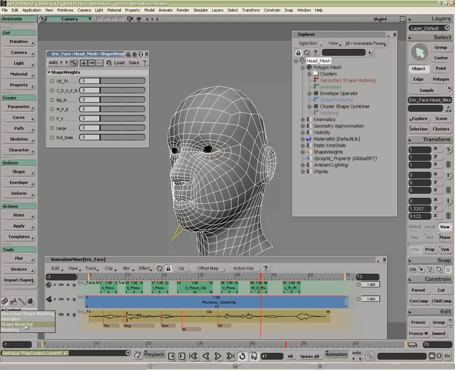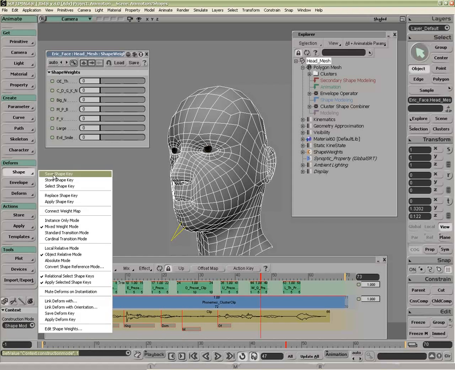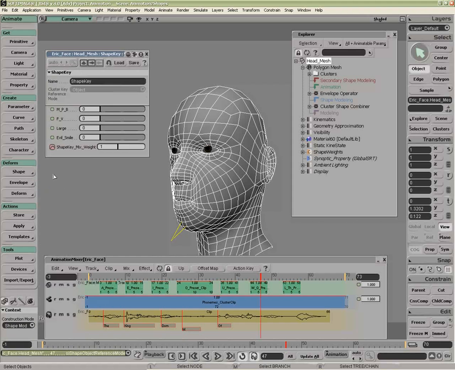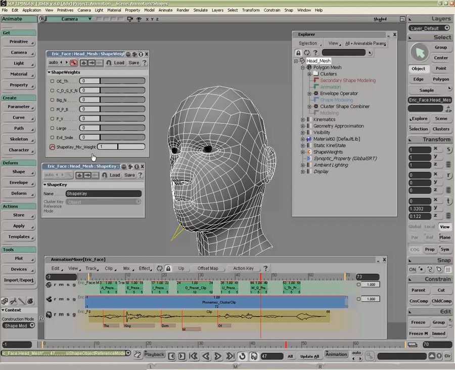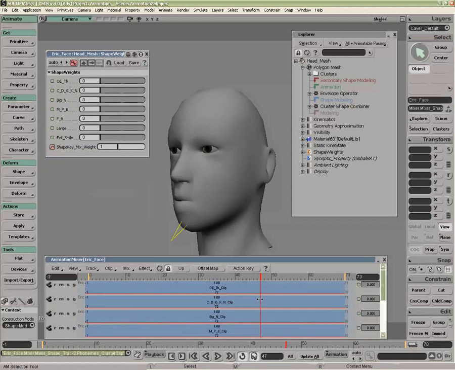So I'm in shape modeling mode. This is where I'll define all of my shapes. So I'm now going to go shape, save shape key, and there it's added shape key together with the slider, which is represented inside here. Unfortunately,